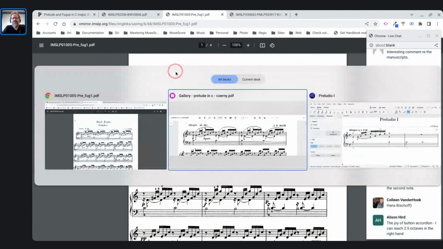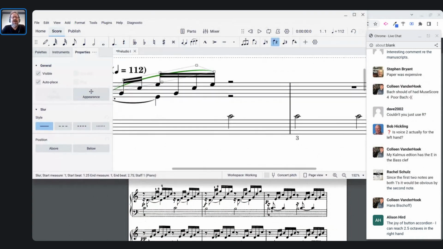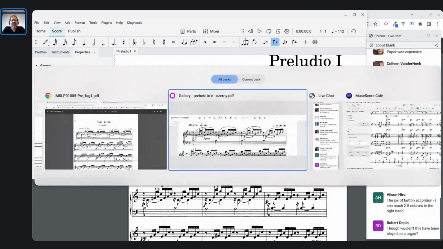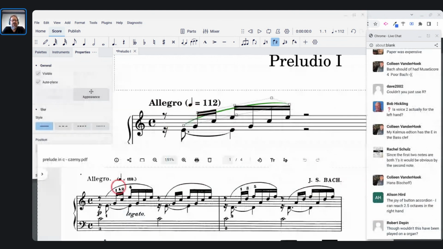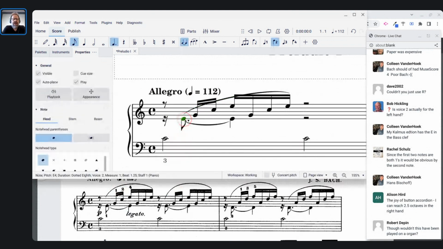Anyhow, so these are all, I said, we spent as long as we want on this first measure because after that it's all downhill, right? It's all just more of the same. So what I want to do is bow that slur to make it not crash into the notes, but I want to get my fingerings in first because I want to make sure I avoid those also. So let's come back over here and I want to click this note here and